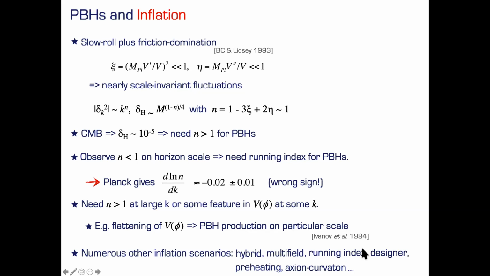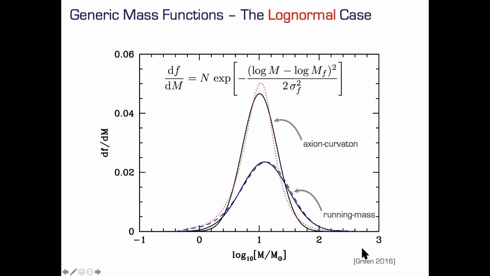But if you produce primordial black holes via some inflationary scenario, all have in common that at some point you have some feature leading to large fluctuations. Okay, but are you lost? It's always a good question whether one is lost, in particular when you have too many inflationary scenarios. Do I always have a different mass function? Is there anything in common? Actually, yes, the latter is true.